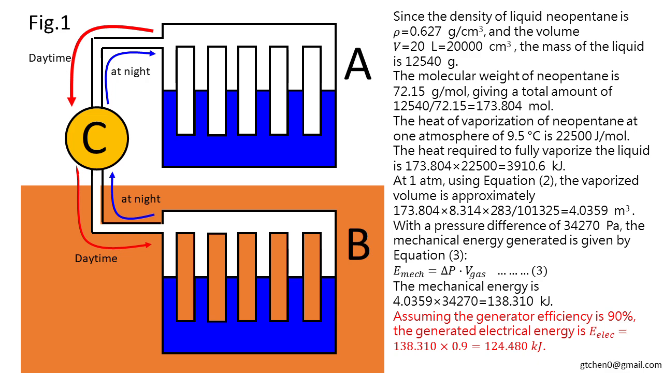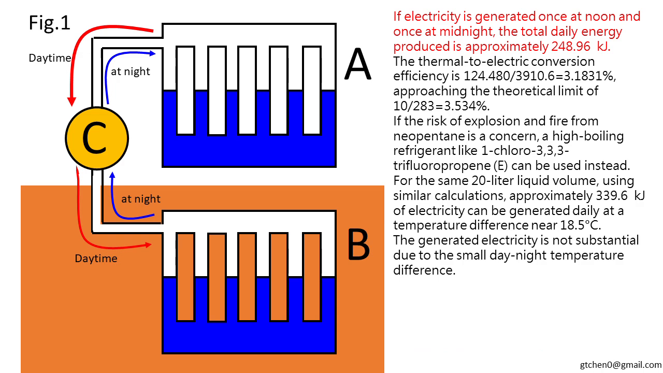138.310 times 0.9 equals 124.480 kilojoules. If electricity is generated once at noon and once at midnight, the total daily energy produced is approximately 248.96 kilojoules. The thermal to electric conversion efficiency is 124.480 divided by 3,910.6 equals 3.1831%, approaching the theoretical limit of 10 divided by 283 equals